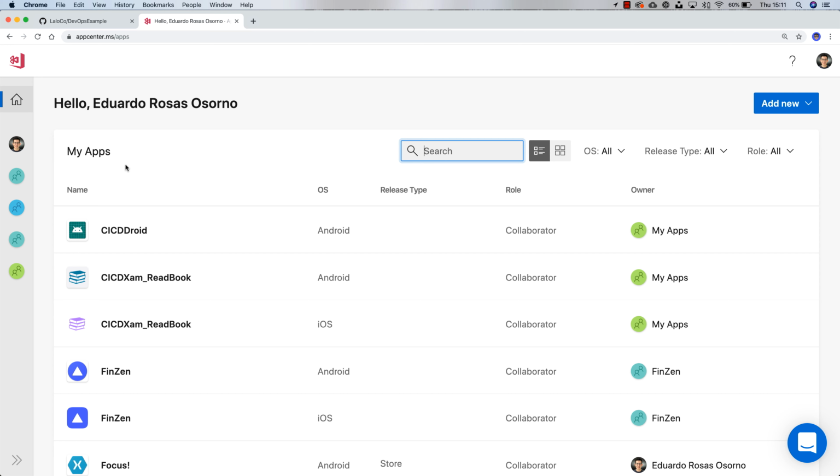DevOps part. The first thing that you will of course have to do is create a new account. Now you can navigate over to appcenter.ms and create your account with a variety of services, for example, GitHub itself or Microsoft account, an Outlook account, Hotmail account, a Gmail, Facebook. So just go ahead and create your free App Center account and you should be ready to navigate back to